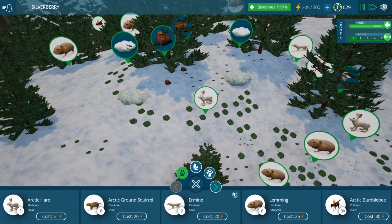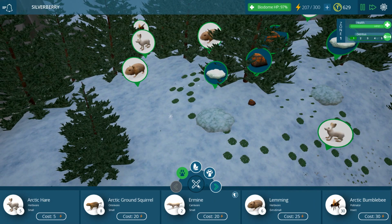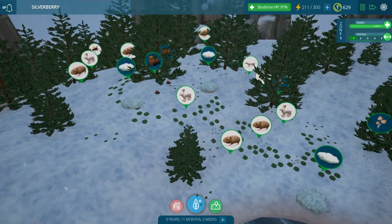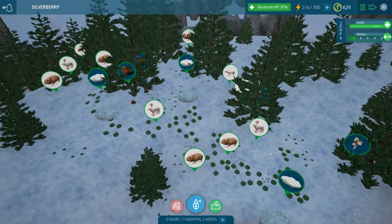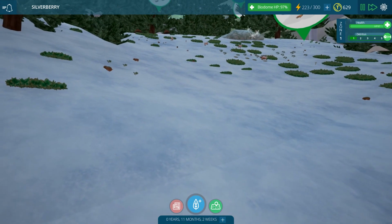Whoops. No, I didn't want to put them over there. Okay, well, I guess we have another population there. And then another one right there. So we have 3 Arctic hare populations now, but now that we have so many lemmings, we need to make sure the plants are spreading so that the lemmings have food, or else we're going to have one of those,